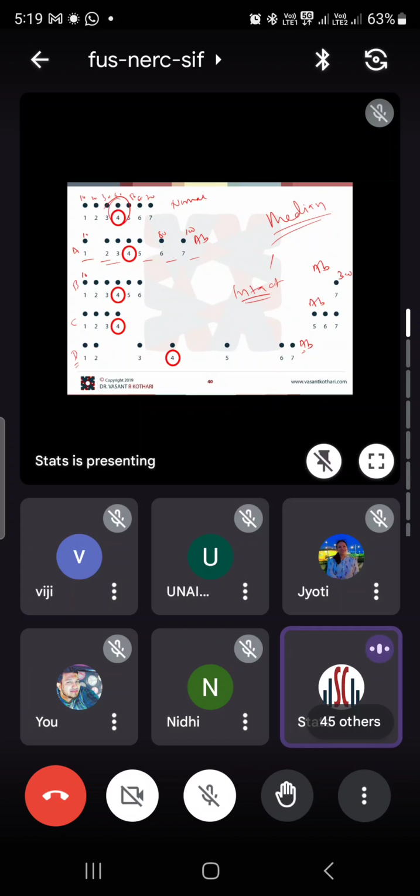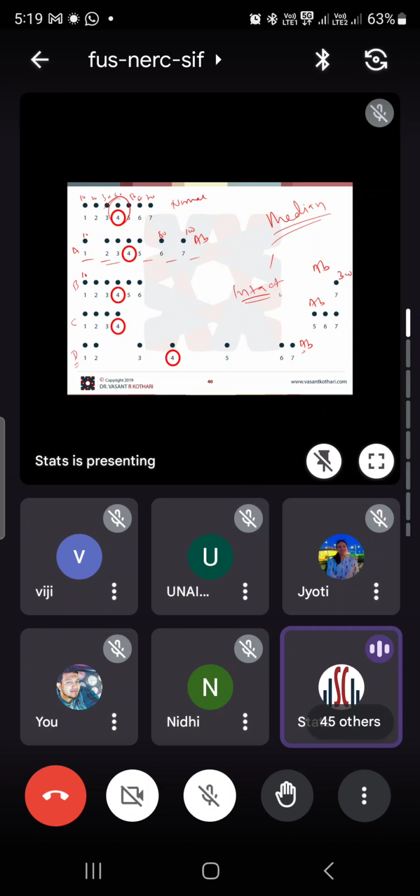So before doing statistics, it is important for you to understand statistics. You need to understand what is parametric. You need to understand what is non-parametric. What is parametric? If I have normal data, I will use parametric. If I have abnormal data, I will use non-parametric. If I am having normal data, I will use the mean as my central tendency because that is more stable. If I am having abnormal data, I will use the median as a central tendency, because that is more stable. And I will go for non-parametric.